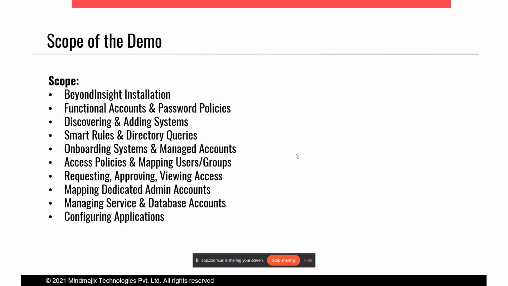The BeyondTrust scopes in this demo are as below, covering all the administrator tasks as well as deployment tasks. There is the BeyondInsight installation, and after that the functional account and the password policy. Then we come to discovering and adding systems, smart rules, and discovery queries. Smart rules are used for the if-and-then conditions we write in the PAM, and for the directory queries, we write them to get all of the accounts